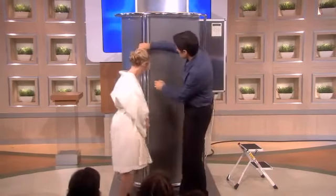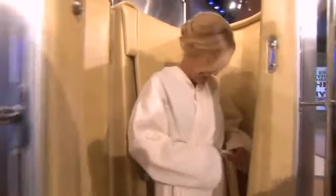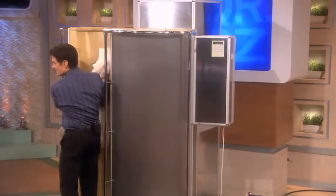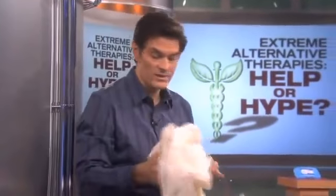So the door's open like this, I guess. There it goes. Okay. Now, normally, you only wear your socks in here. But because this is a nationally televised program, I'm going to grab a gown, without looking. There she is. There we are. And we got it there. Perfect. All right, now, the treatment takes...